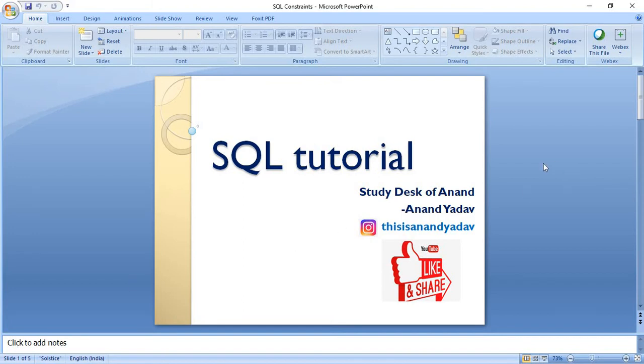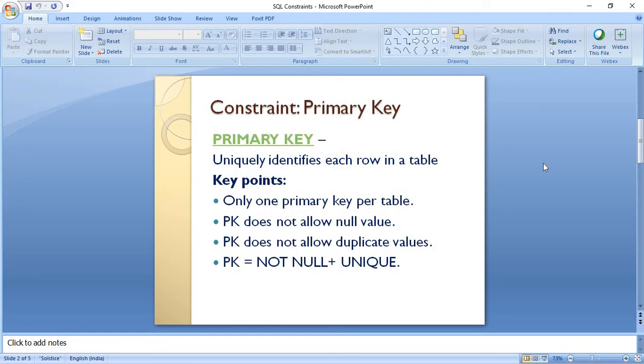So we are going to see here the very important constraint, that is the primary key. The primary key constraint is a constraint which uniquely defines each row in a table. So the records present in the table can be distinguished uniquely with the help of this primary key.